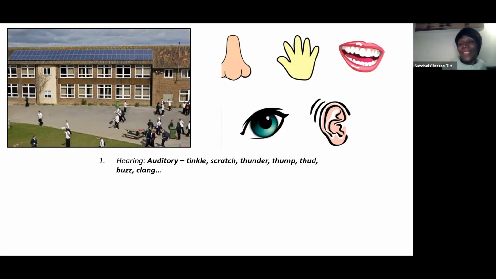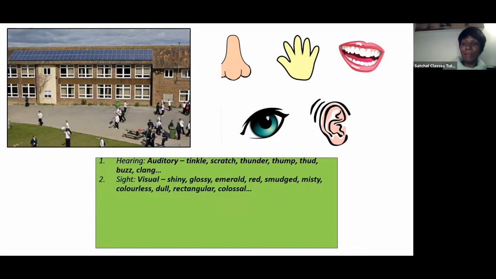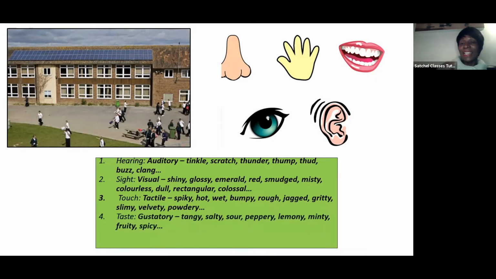Now, with your description, the most important technique to think about at first is sensory description. So that is obviously describing through the 5 senses, and you can see with the pictures and with the writing, it's the sense of hearing. You can see that ear, sense of sight. You can see that very blue eye. You can see a sense of touch, that hand, the sense of taste, and the lips and the tongue, and